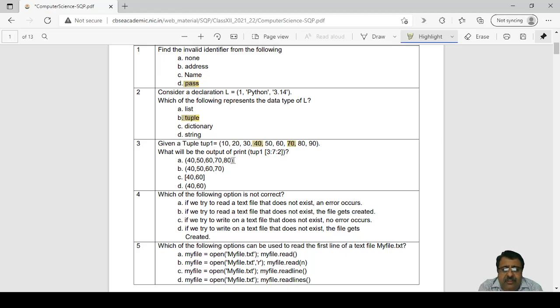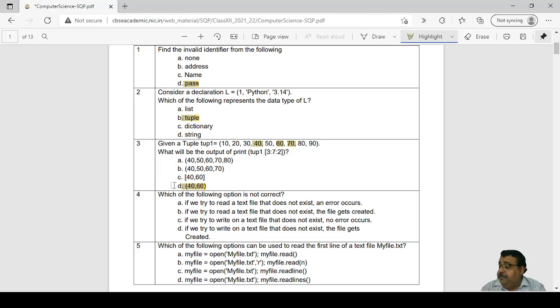Now in this question, you can discard option number A because just now we discussed 80 is not going to come as output. Similarly, you can discard option C also because the slice of a tuple will be a tuple only. It won't be a list. Then we have a 2 here. That means in the steps of 2. Okay. So after 40, what should come? 60 should come. Okay. So that is why the output is option number D.